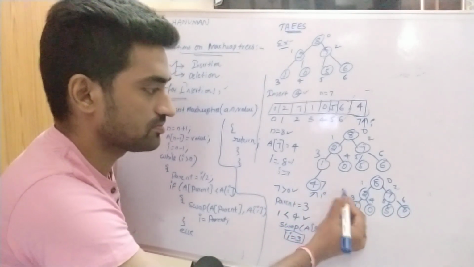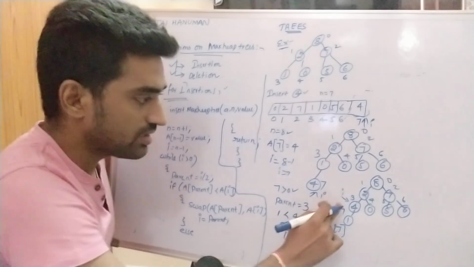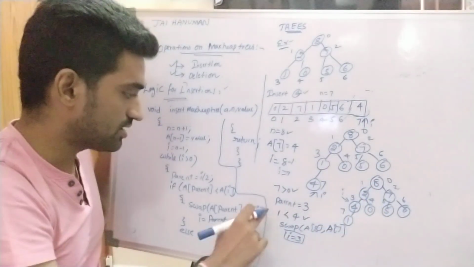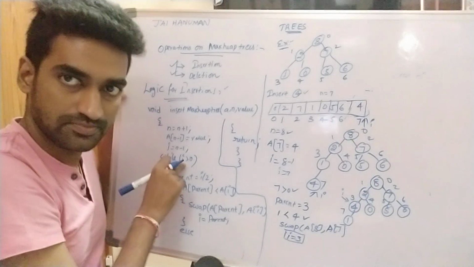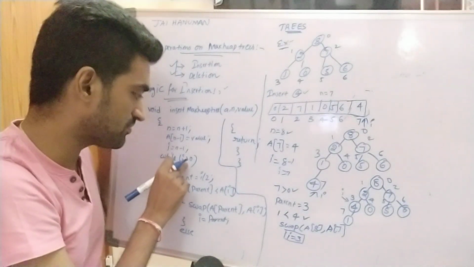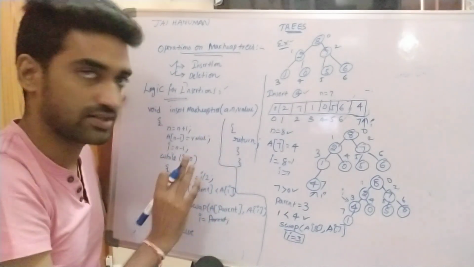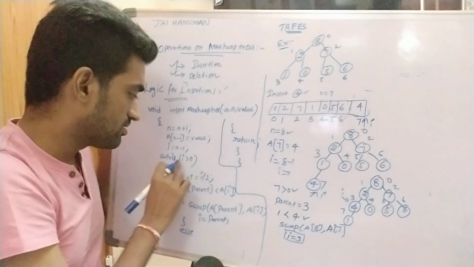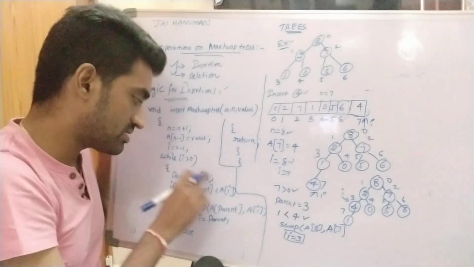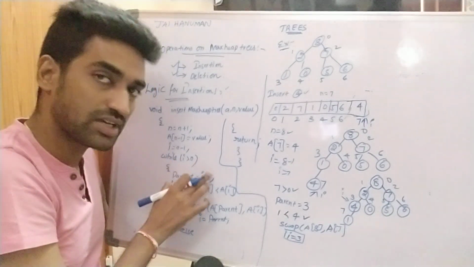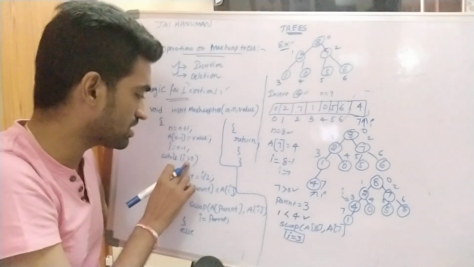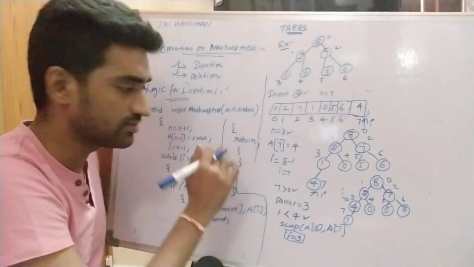This is the I value. So again, I is compared to its parent. So here I is equal to parent. Again we are checking this condition. We check these statements repetitively until this condition becomes a failure. Once this condition fails, we return the else part.